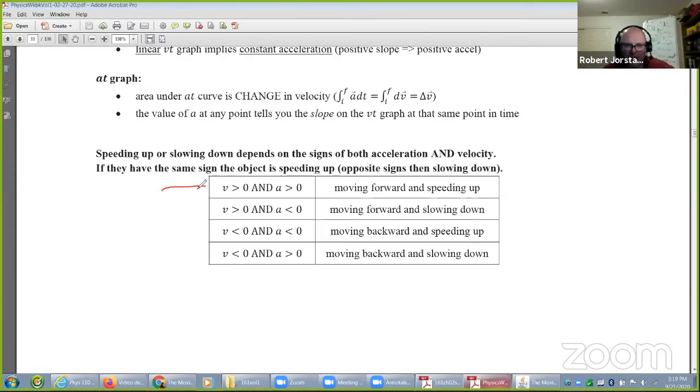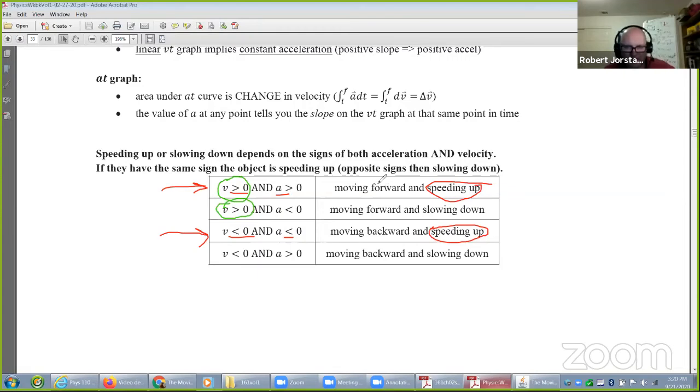If V and A are the same sign, these two cases, look, either they're both negative or both positive, you get speeding up. That's the trick. That's what some people have trouble with. They think that negative acceleration always means slowing down. That's just not true. Now look at this trick here. Notice these have